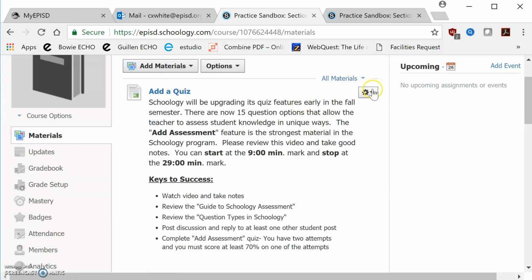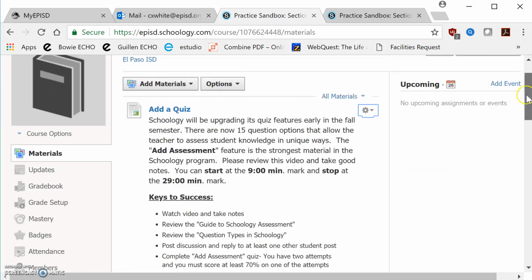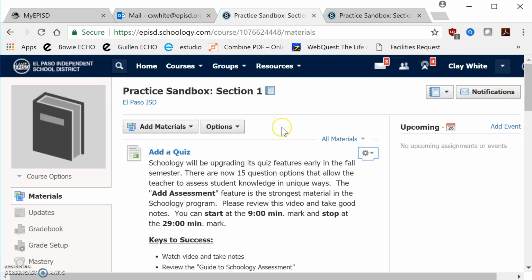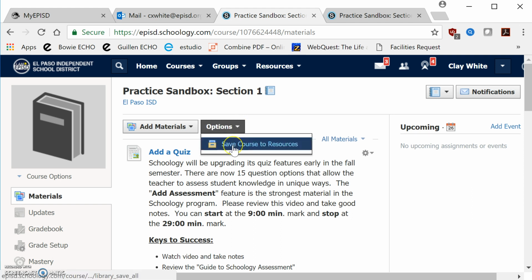Now, you can also save the entire course into your resource area. And if you have a large course with a lot of material, it is advisable that you save the entire course at one time and save those in the resource area so that you can literally create a new course next year with this material. The way we do that is we come over here to the Options drop-down menu and we select Save Course